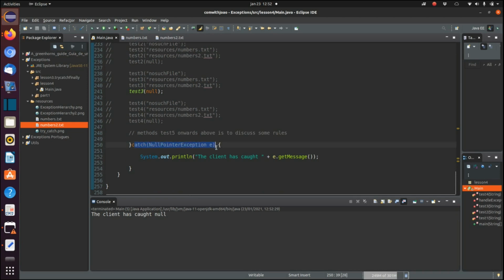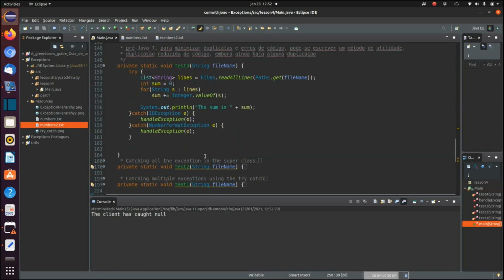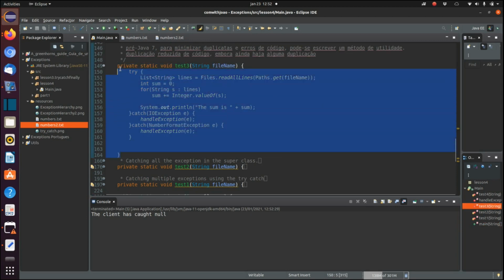I wanted the client to catch it, and not my method or my class, whatever this would have been, but in this case it is my method. So I didn't want it caught here. It hasn't been caught here. So this test 3 fully conforms to my requirements, and